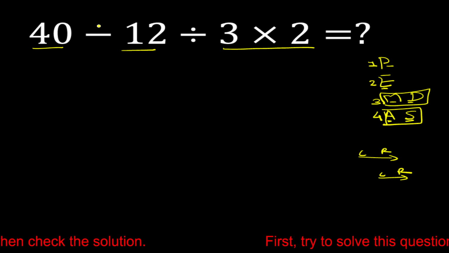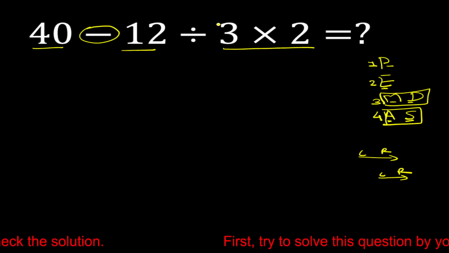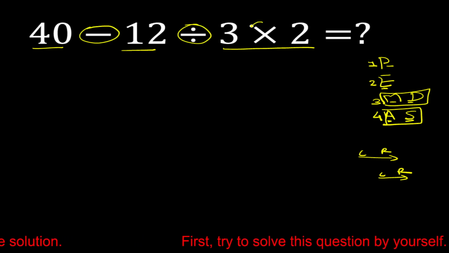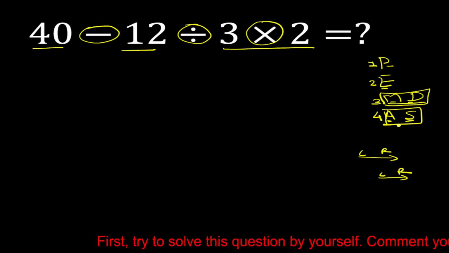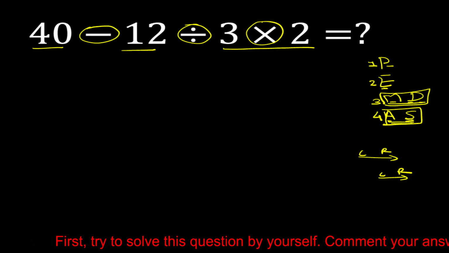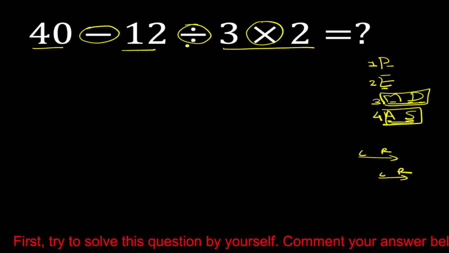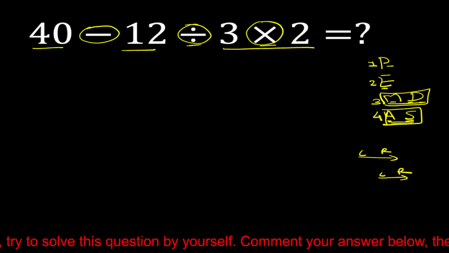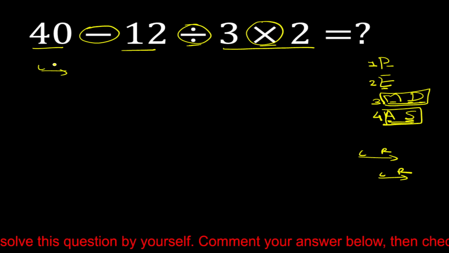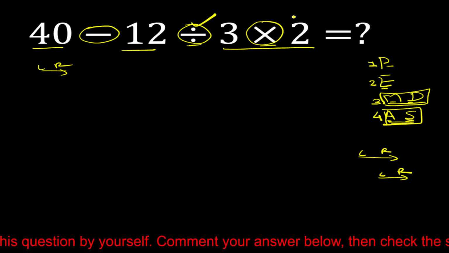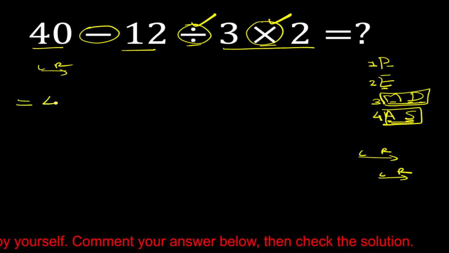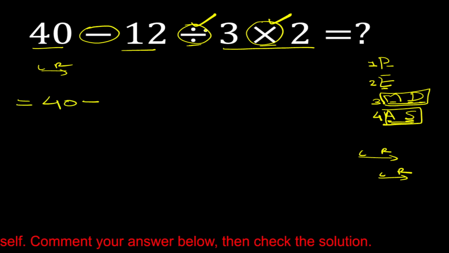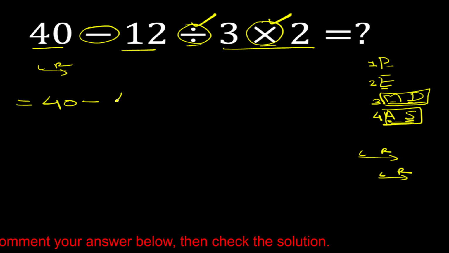So in this problem, we have one subtraction, one division and one multiplication. First priority is multiplication and division, then we have to solve addition and subtraction. But multiplication and division both have equal priority, so we have to solve it from left to right. So first we have to solve this division, then this multiplication. Okay, so 40 minus 12 divided by 3 is equal to 4